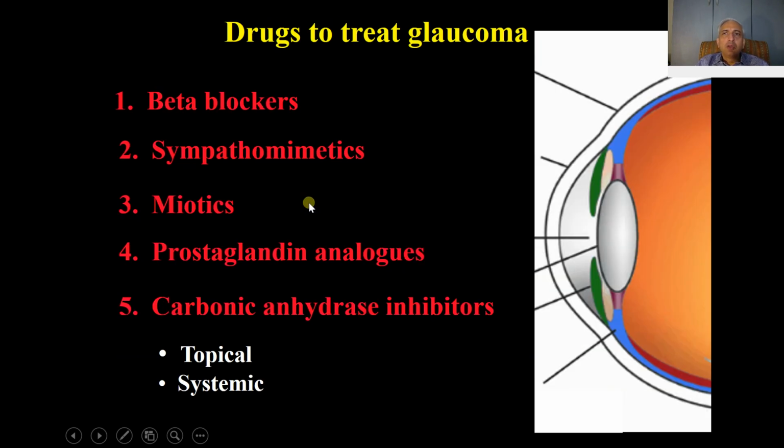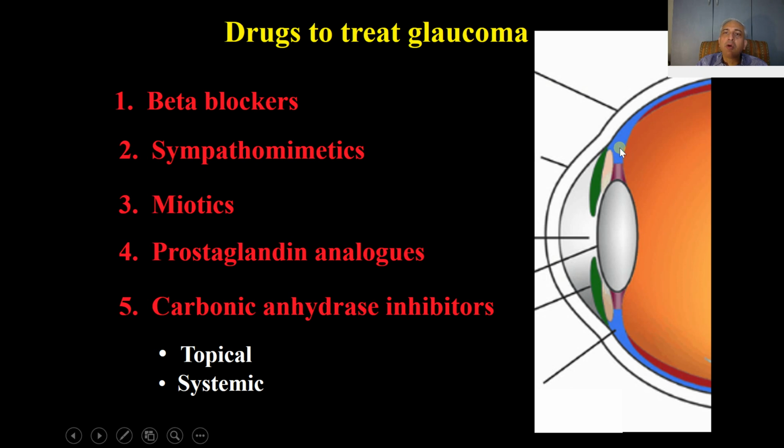So we've gone through the basic features of glaucoma. Now, what type of drugs can you use to treat glaucoma? So there are a bunch of drugs. There are 5 major classes. The oldest class is the beta blocker. These are drugs which are going to act on the ciliary body and reduce the production of aqueous in this area. Then you've got sympathomimetics, which we have alpha agonist, which